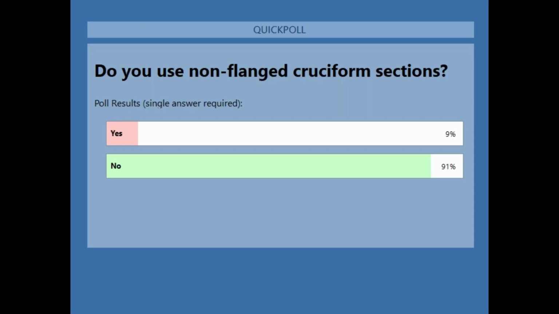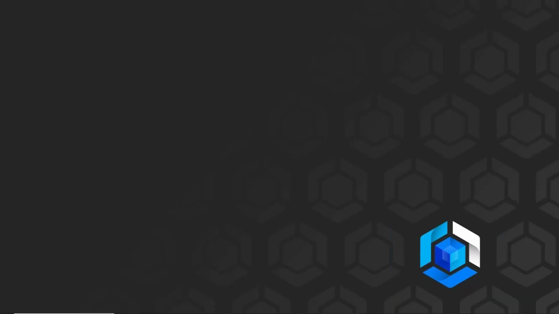Yes, we've got one here. Do you have plans to get the components working on cruciform sections? Absolutely. This is one of the things, and again, I'm just trying to give you some of the things that we have in our backlog. We got to get those components working. We do need to get the Python working. The problem we run into is